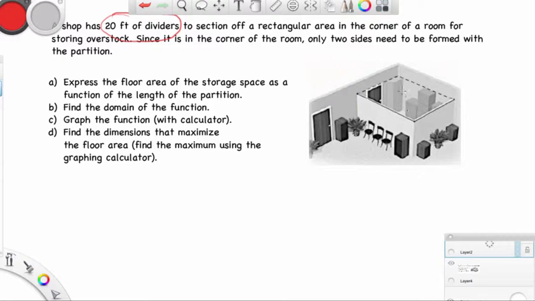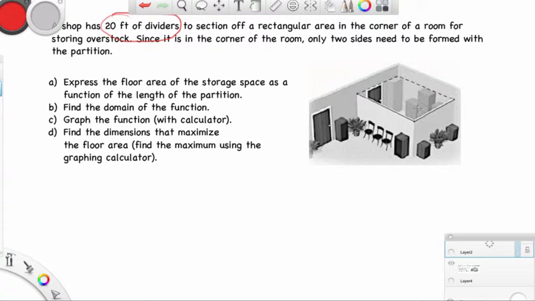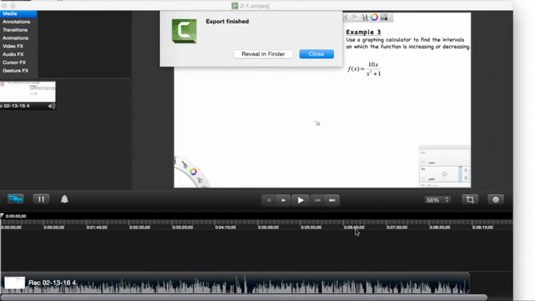And since it is jammed in the corner of a room, you only need 2 walls. So out of the 20 feet of dividers that I'm given, I actually only need to make 2 walls to get my little closet space. So should I cut the first wall 5 feet and then the other wall would be 15? Or should I make the first wall 12 feet and then the other wall would be 8? So I'm not really sure how to get the maximum amount of area